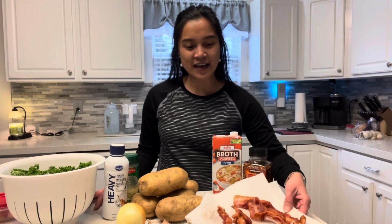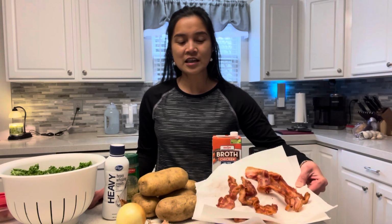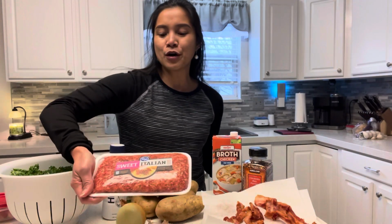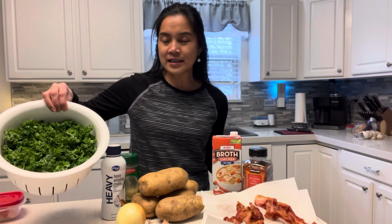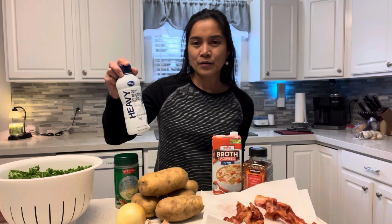So these are the ingredients. I have some bacon here. I already fried it and it's already crunchy. I just need 6 to 7 pieces of striped bacon, 1 pound of ground sweet Italian sausage, 1 bunch of cleaned and chopped kale, whipping cream,